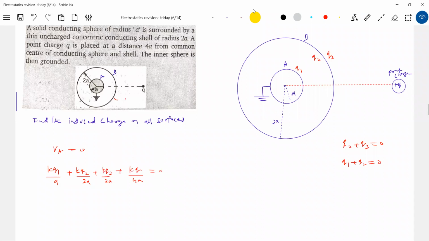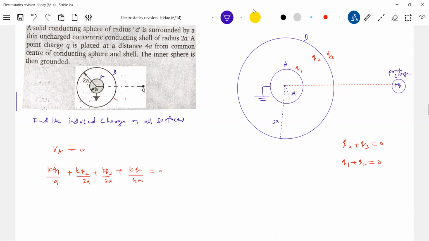But sir, this is the conductor. How come these two will interact? See, when you're calculating potential, due to all the surrounding charged quantities, the potential at this point will be due to Q1, Q2, Q3, even the one which lies outside. Q2 plus Q3 should be 0. Why Q2 plus Q3? Because the net charge, if you draw a Gaussian surface inside the middle of shell B, should be 0 from Gauss law.